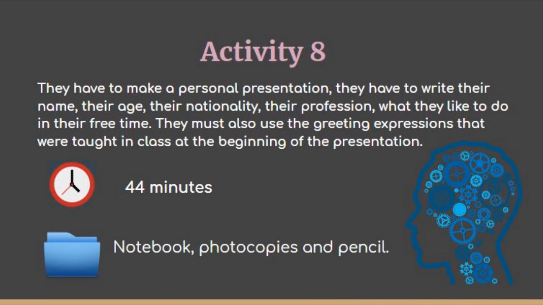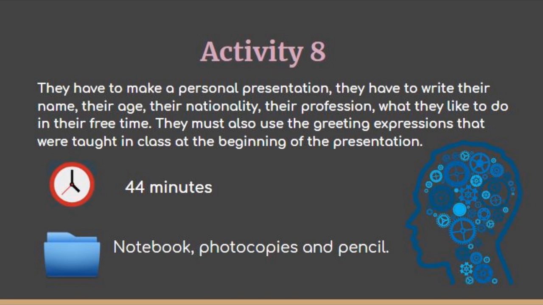The next activity is one in which they must use everything they have learned during the class. So we will give them a paper with instructions. They have to follow the instructions and make a personal presentation. They have to write their name, their age, their nationality, their profession, and what they like to do in their free time. They must also use the greeting expressions that were explained, at the beginning of the presentation. They must first write the presentation in the notebook,